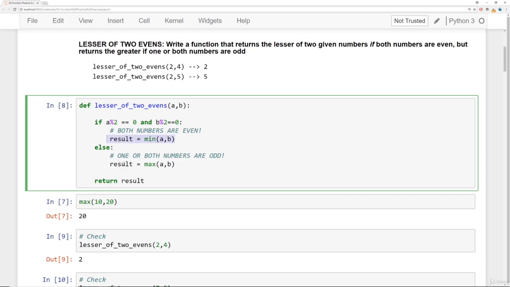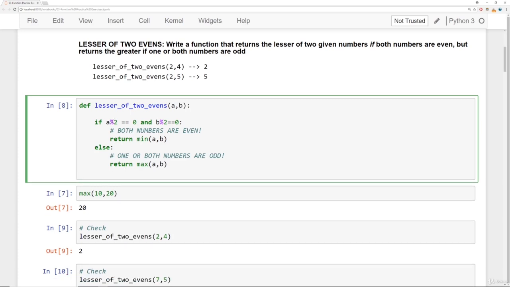So instead of saving these as results and then waiting until the very end to return your result, what we could do is just say return min(a, b) over here, and then say return max(a, b) over here and delete this last one. So then what's going to happen here is your function's going to go along and it says, hey, if